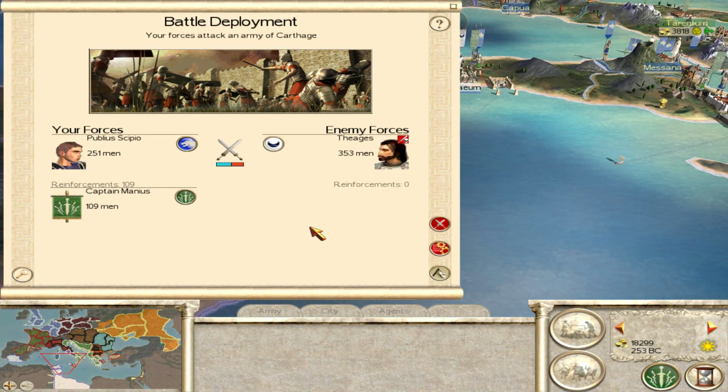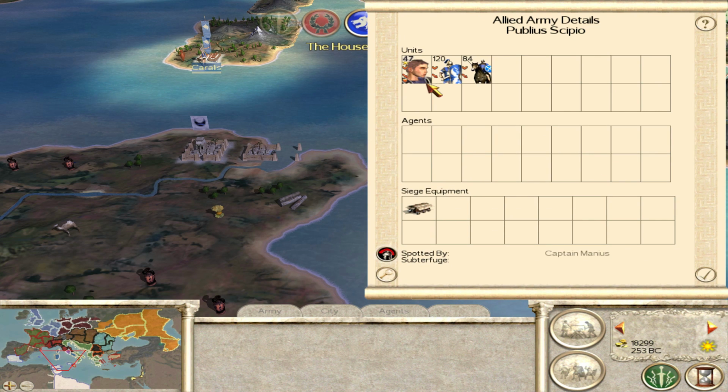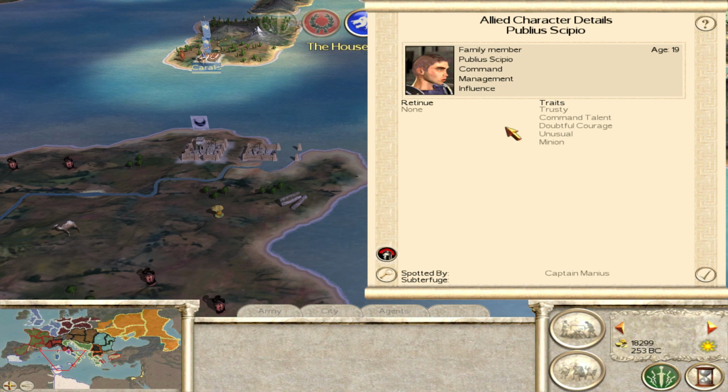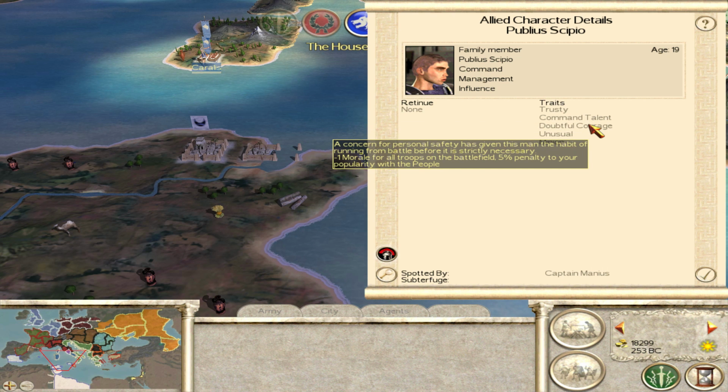Ah, and indeed, the Scipii are finally doing something at least. The armies of Publius Scipio have decided to try and take Lilybaeum. He's going up again. He's outnumbered. What is he doing? So it's him, this guy Publius Scipio, who is trusty, fine, command talent, doubtful courage,